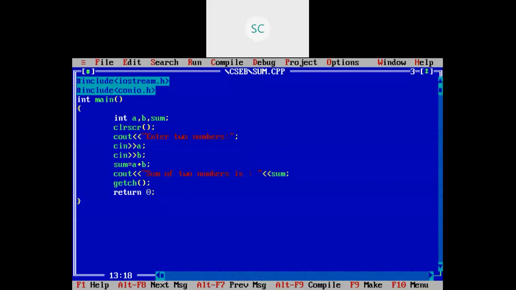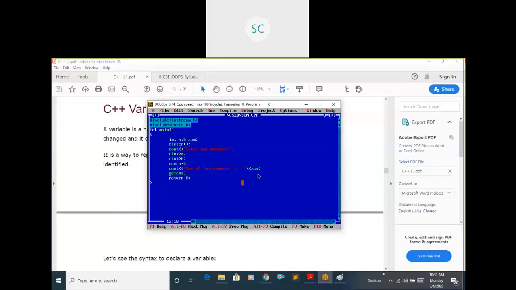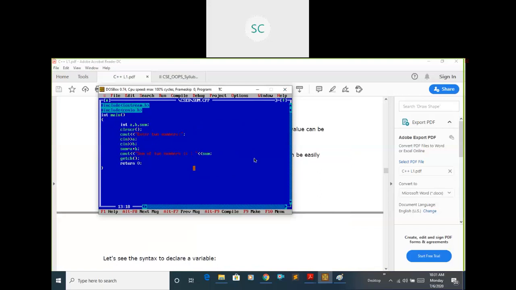variable sum here. Here the user entered two numbers. One number I have read into a, second number into b. I just added the two numbers, stored the value in the sum. The sum value here I have just printed. Okay, in this way you need to do all your programs. Okay, clear this one? I will give some more examples in the later sessions, like after variables and data types concepts, we'll do more programs on this.